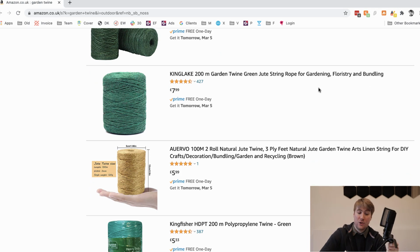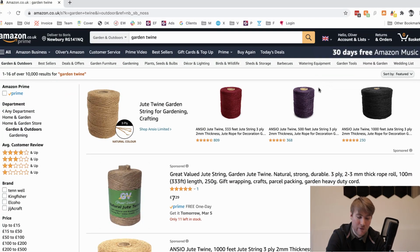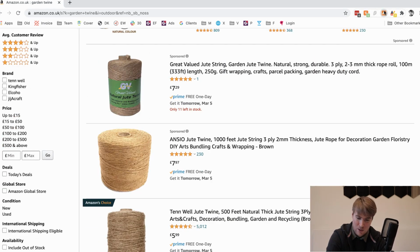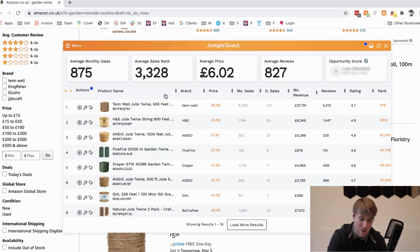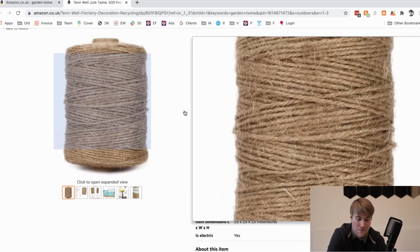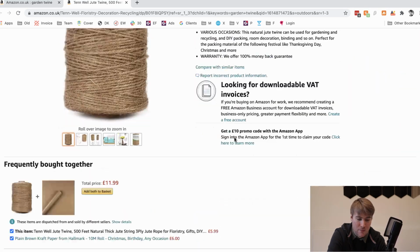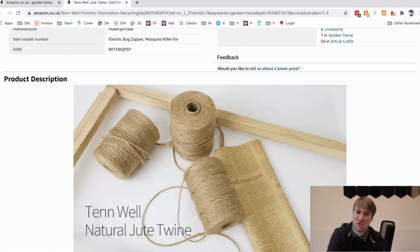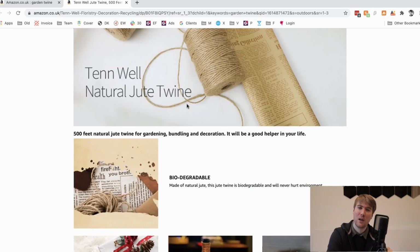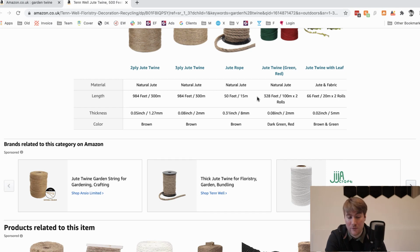Well, a good clue for this would be the reviews. That's one place you can look to see if there are any gaps in the marketplace. And what I like to do is look at the best-selling product, have a look at the reviews on their product, and just have a look and see if there's anything that the customers are annoyed about, or any patterns you can see where lots of customers have said the same thing about the product not being good enough, not doing what